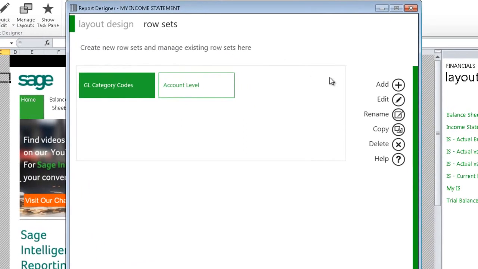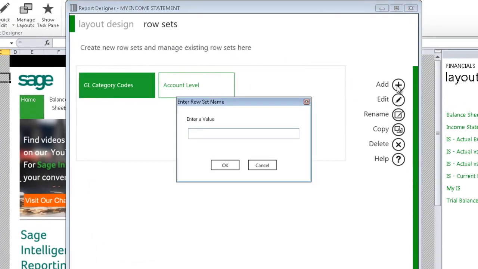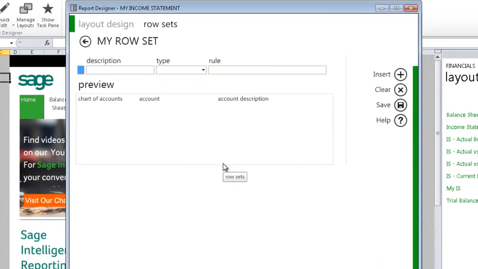To add a new row set, select Add. Enter a name for this row set. Once you've entered a name, select OK. The row set option will now come up. You can then type descriptive text in for your rows. At this level, you can now determine the type. Are you going to base your rows on accounts or are you going to base them on a GL category code? Once you've set those up, you can add your rule,